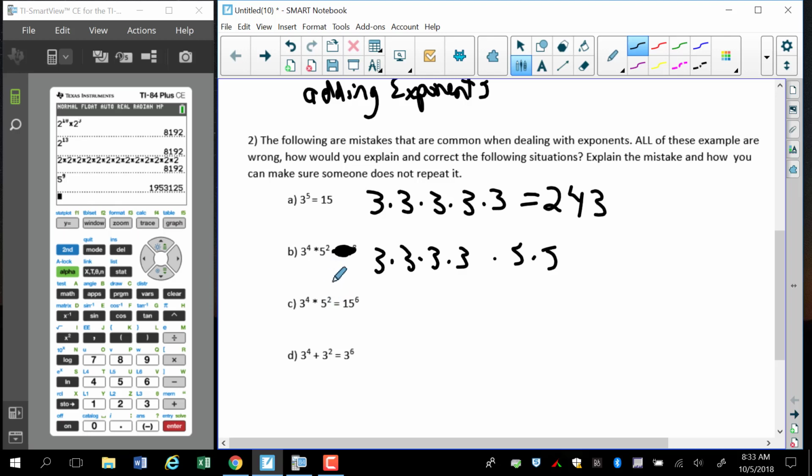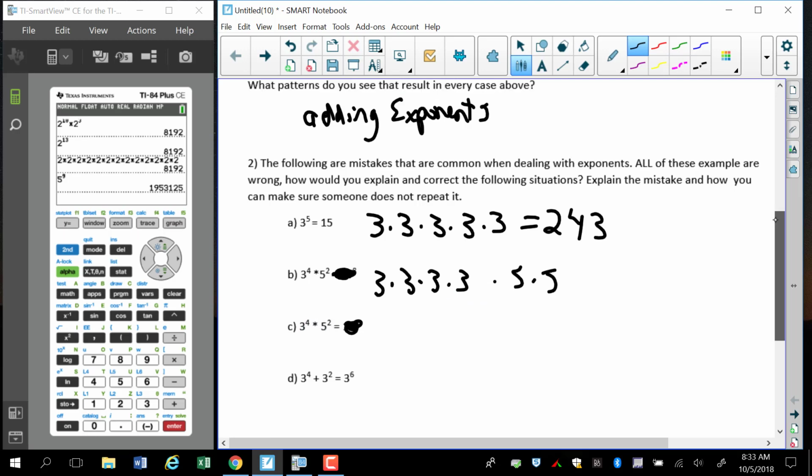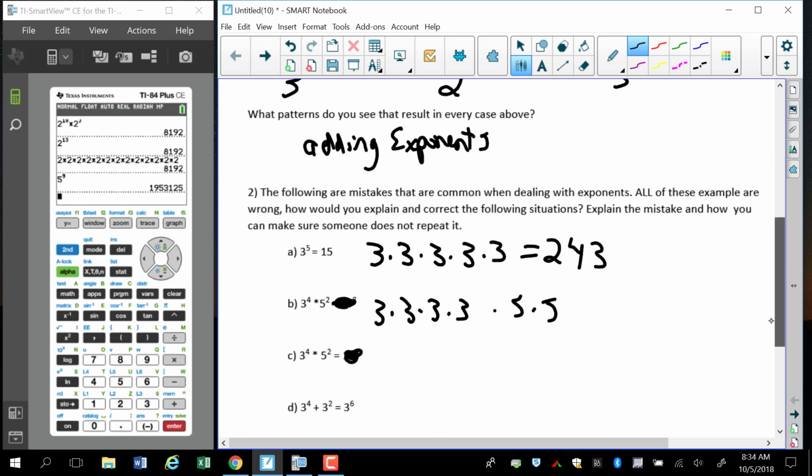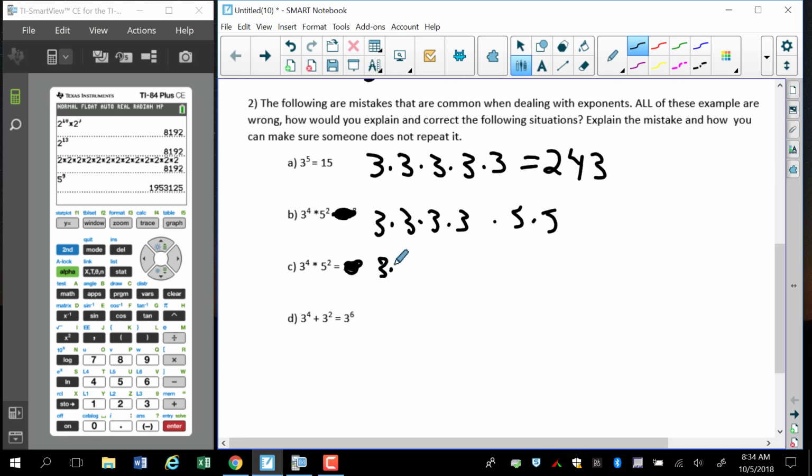If you take a look here, we can't multiply this as well, and we cannot add these exponents. Look here. The only way we can add these exponents, go back up here, is if the powers are the same. See how I have all powers of 5 here, and all powers of 2 here, and all powers of 8 there? If you go here and again write down what we have,